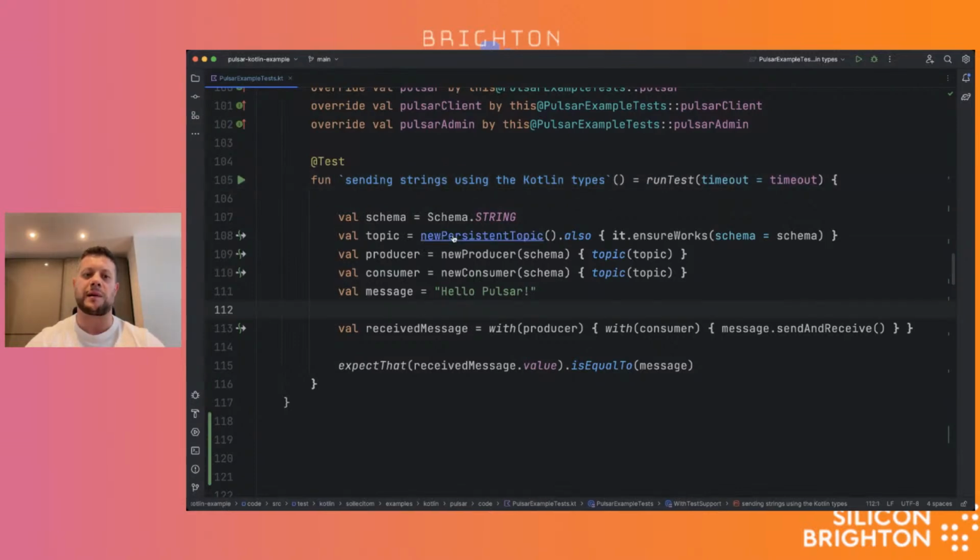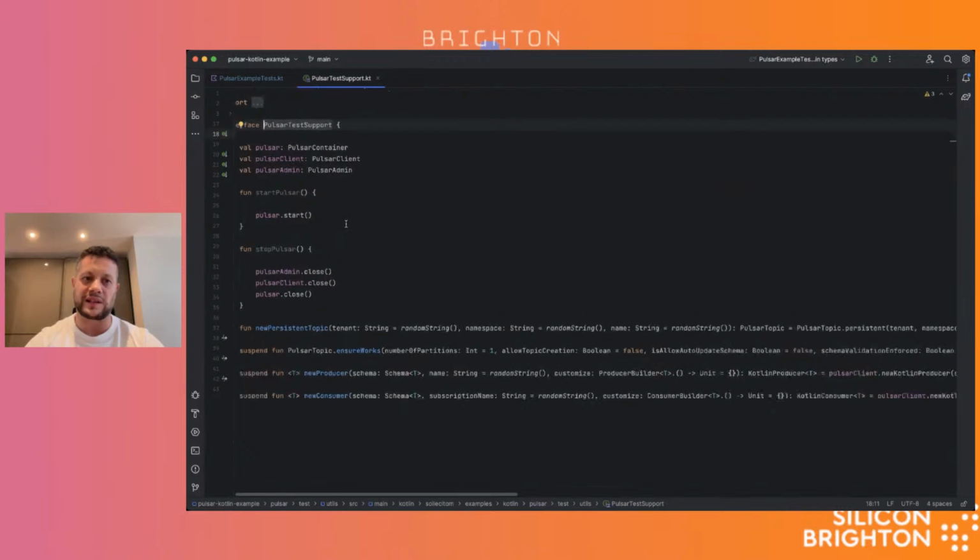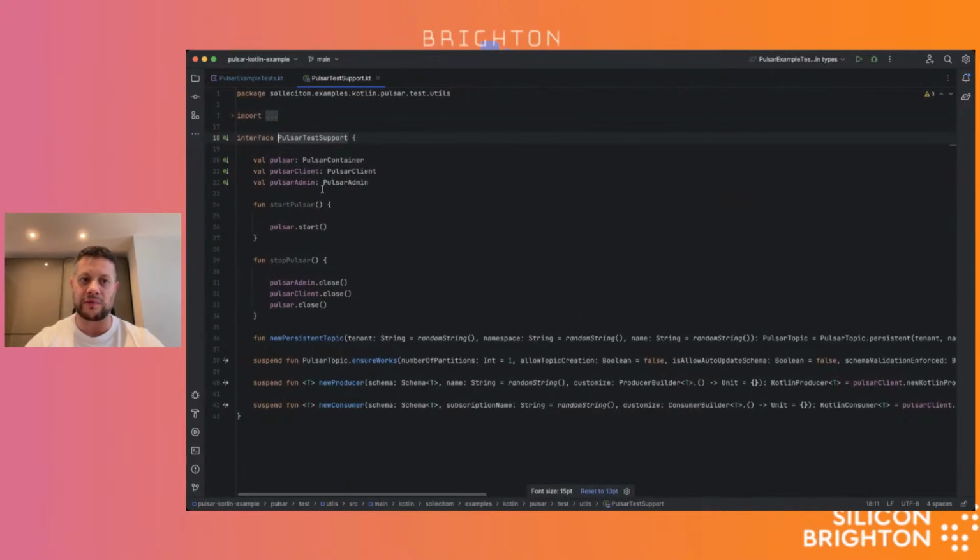And the way it works is I'm able to call this function like new persistent topic or ensure it works. And it all looks a lot easier. And the way this works is because this Pulsar test support is aware of the fact that there's a Pulsar container, a Pulsar client, and a Pulsar admin.